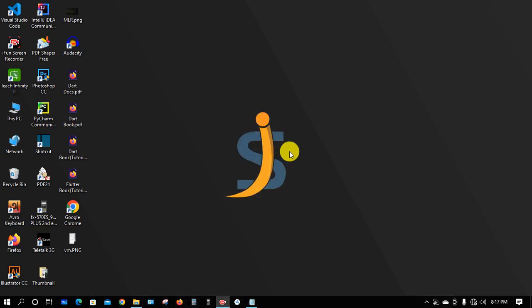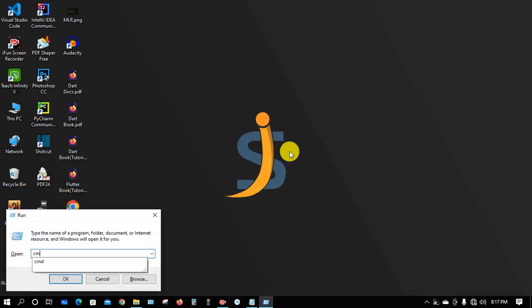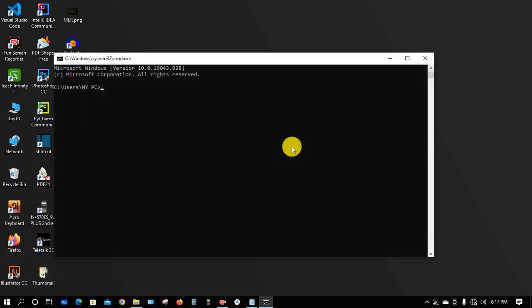Now again press Windows plus R and type cmd, then press the enter button and type emulator space hyphen list hyphen avds and press the enter button. You can see the list of emulators. So select any one. I select Pixel 4 and copy,